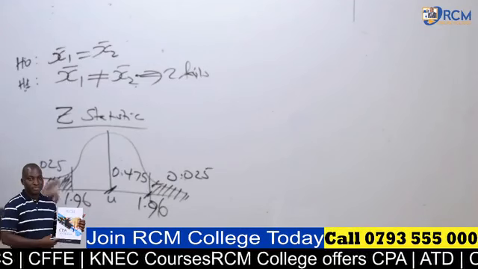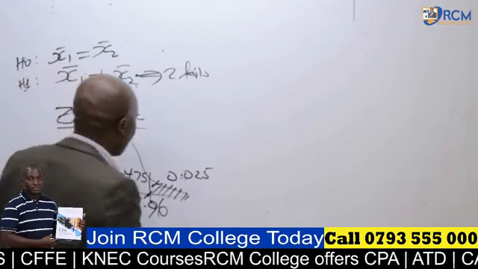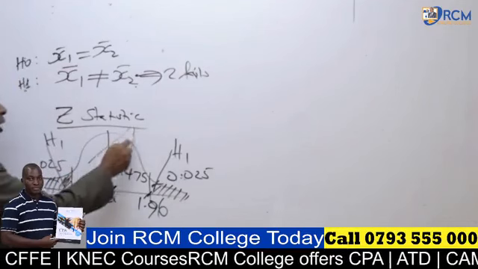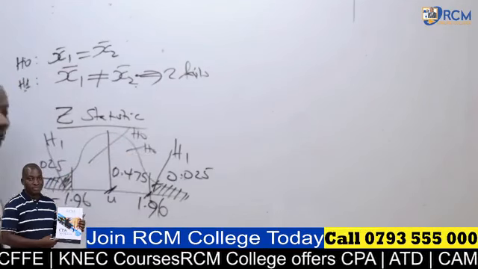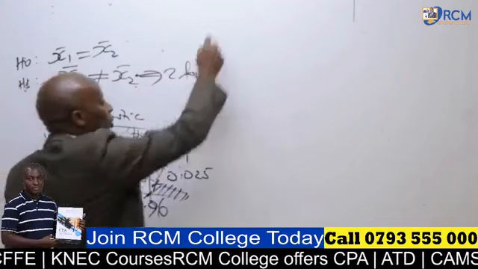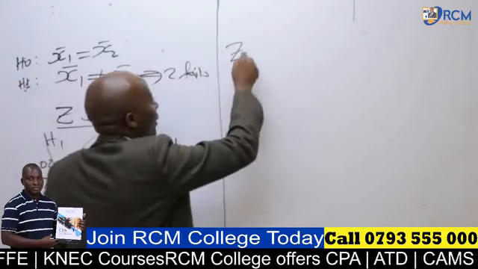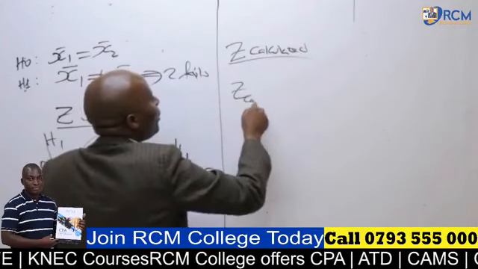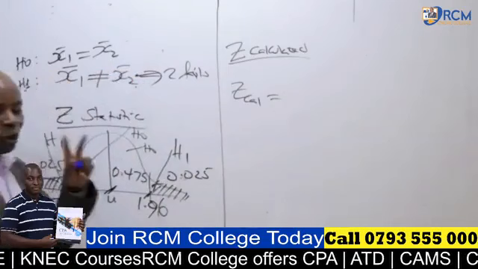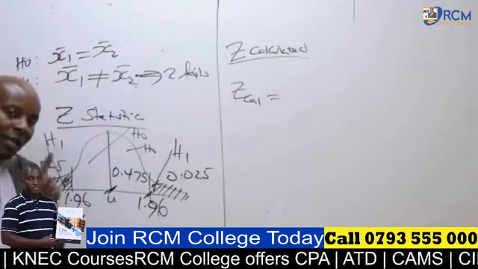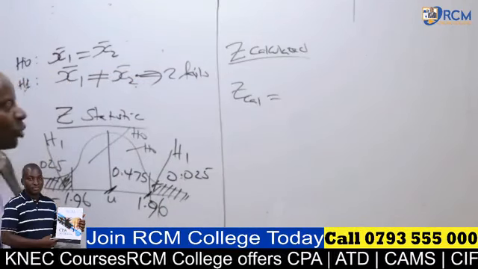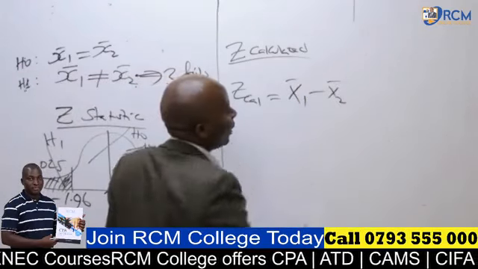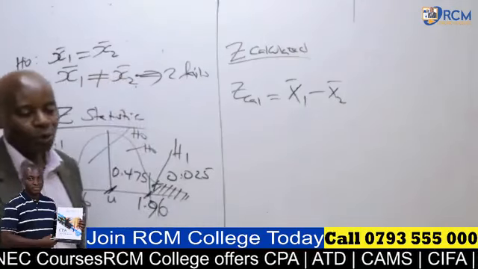So ladies and gentlemen, after getting the Z statistic, don't forget that this will be denoted as H1. The other one will also be denoted as H1. These two will be H0s, like that. So now we go to the last stage, which is the stage of Z calculated. Here we have got two samples. We can't talk of X bar minus mu. With two samples, what we have here is the difference between the two samples, X bar 1 minus X bar 2,